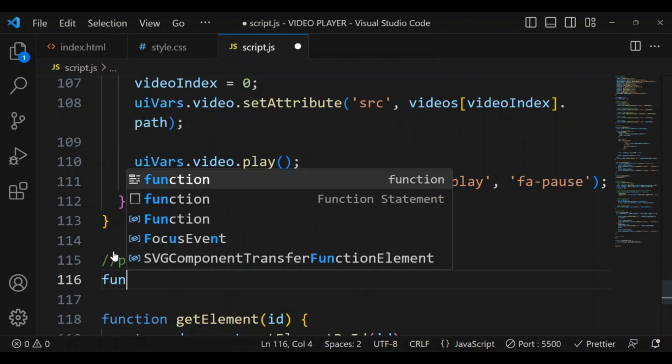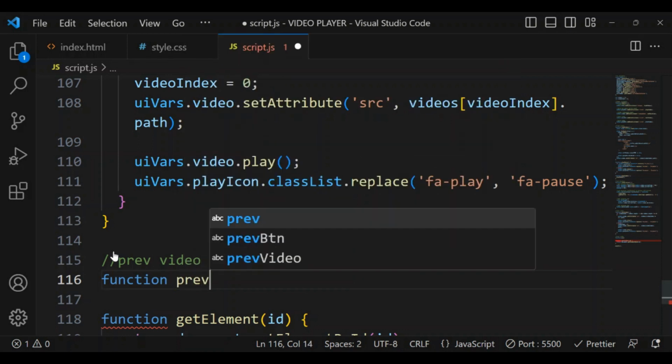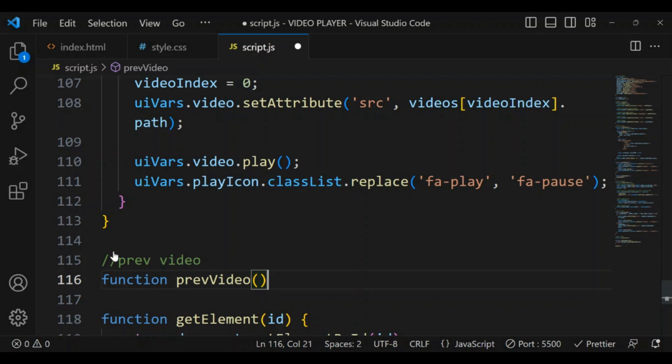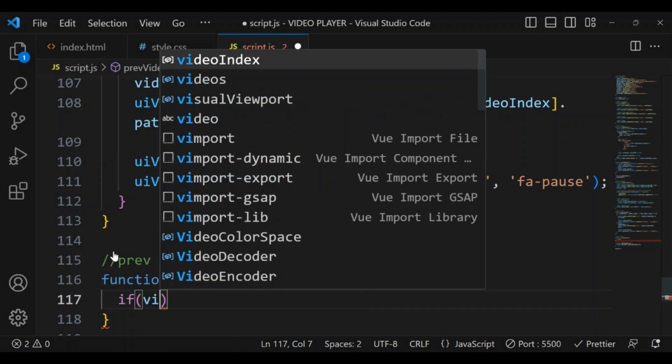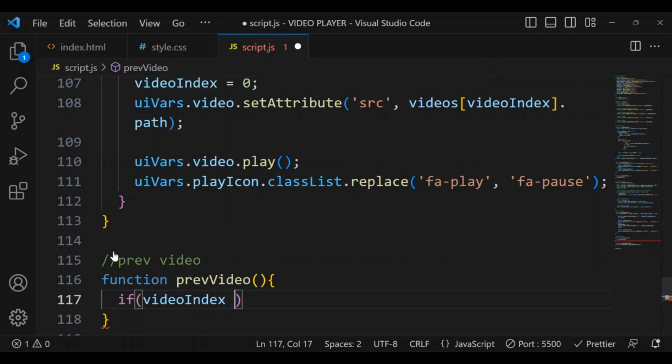So we're going to say function previous video, and we're going to do an if statement, and we're going to say if video index is greater than zero,